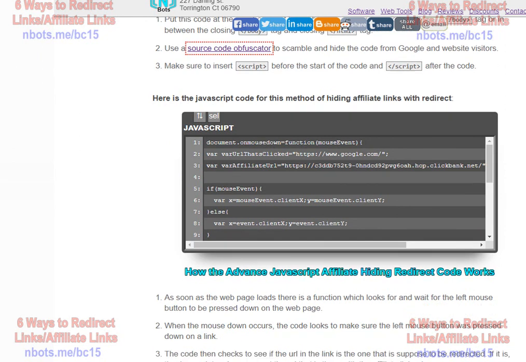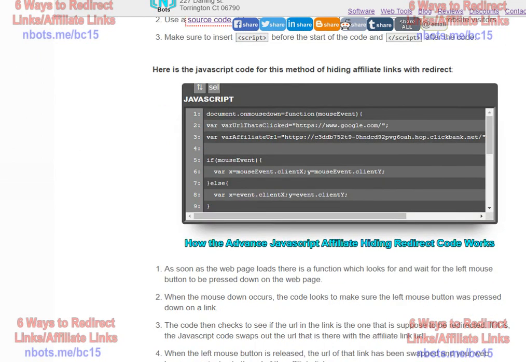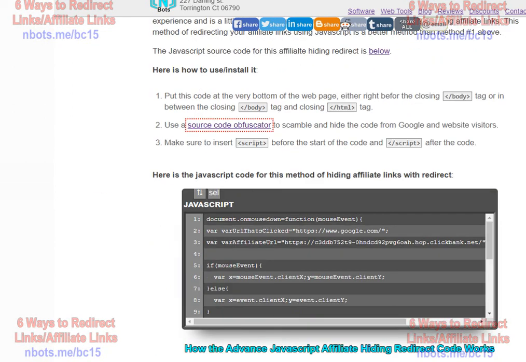What this method entails is JavaScript code. You make a link, goes to wherever you want. Let's say you're doing an affiliate link to sixpackabs.com. You don't want your website visitors to know that it's an affiliate link they're clicking on. You make the href of the link, or the URL of the link, directly to the website without the affiliate link, sixpackabs.com, and the JavaScript code actually